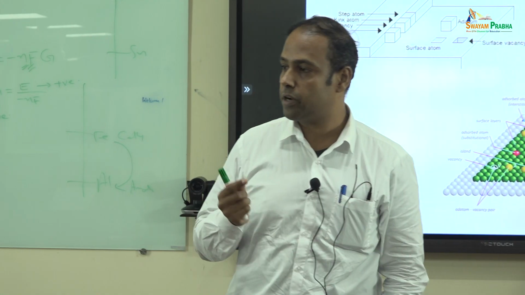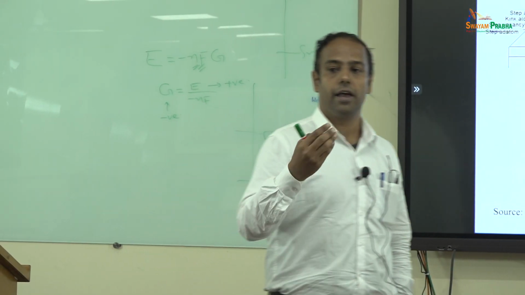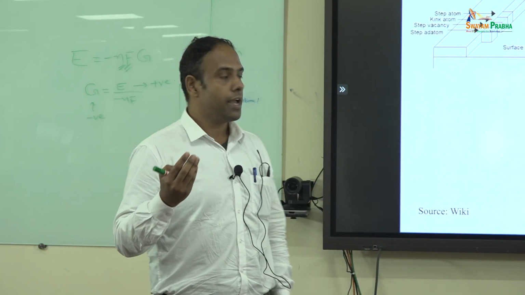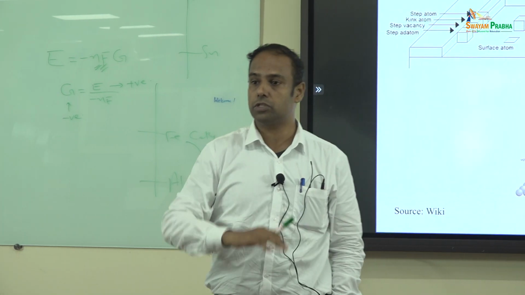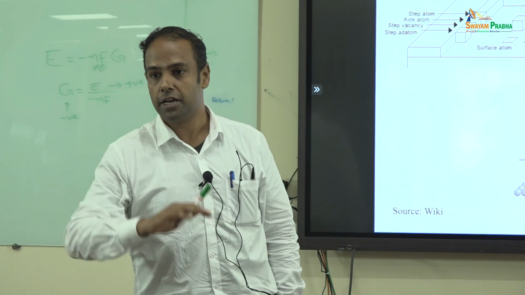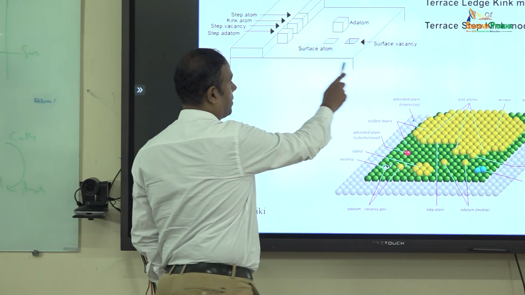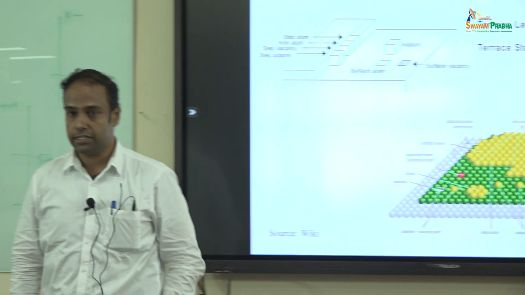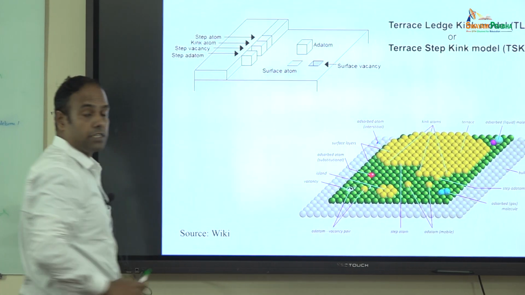mechanically polished, I look closer into the surface using appropriate characterization tools. Let's say I'm using a scanning tunneling microscope or atomic force microscopy, I should be able to see the surface not as a mechanical engineer or a metallurgical engineer looks at it. Just from the top, you look at the surface, you have multiple steps basically, which are called terraces: this is one terrace and this is the second terrace. And if you look at that terrace also, there is an arrangement of atoms in a certain way.